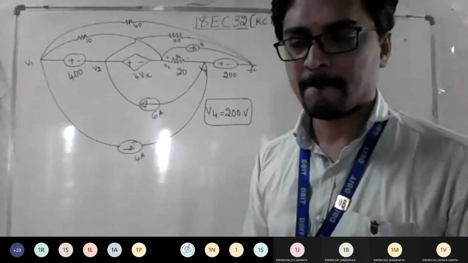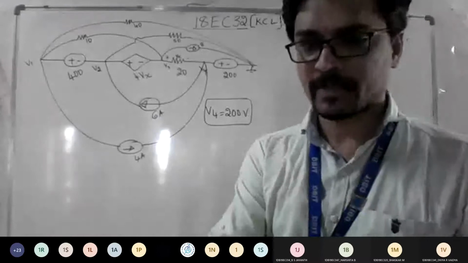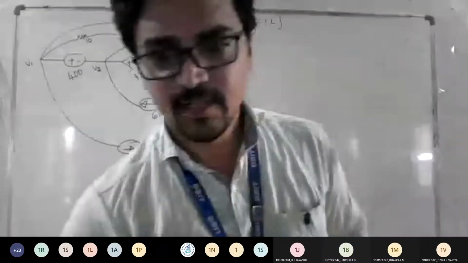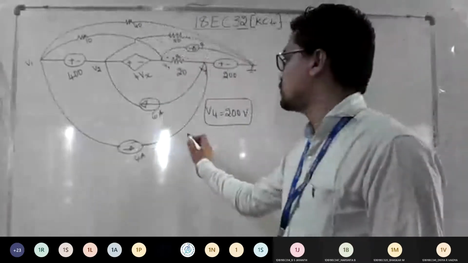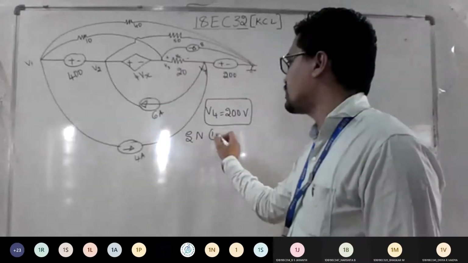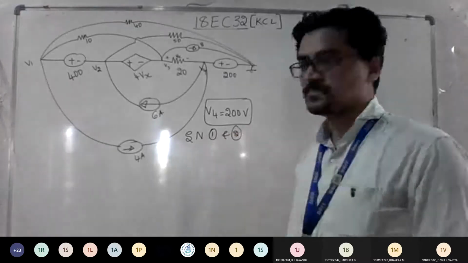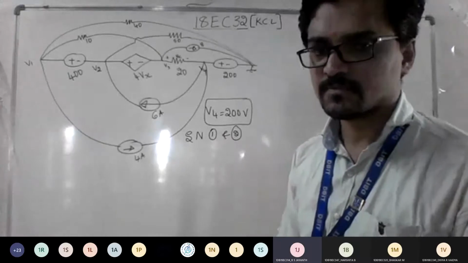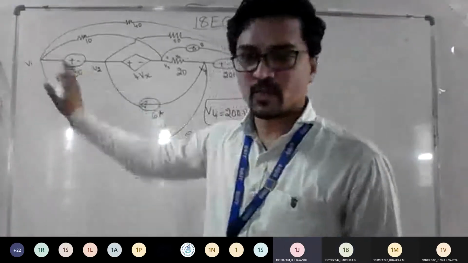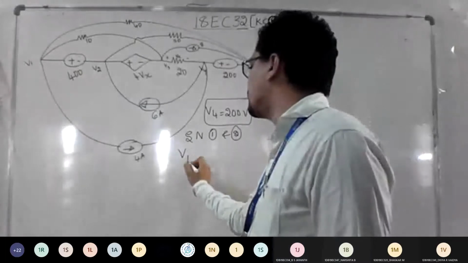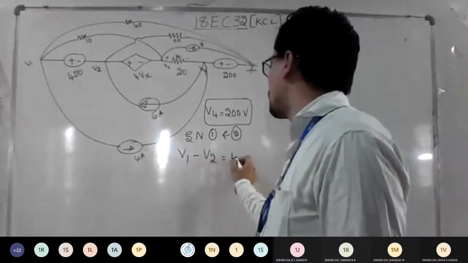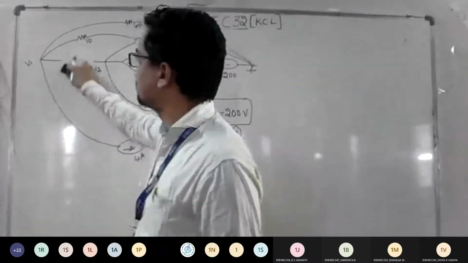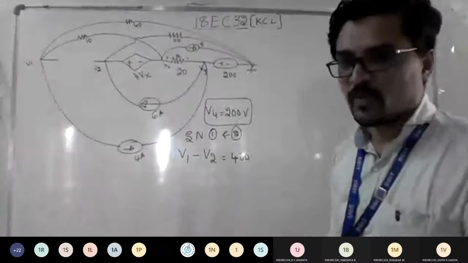Is it fine here? Yes, sir. Okay. So now stick to the procedure. We need to write the supernode equations, right? So supernode between 1 and 2. So what is the equation I should write now? V1 minus V2 or V2 minus V1? V1 minus V2, sir. So the positive terminal is towards V1, right? So I can write V1 minus V2 is equal to 400. Okay, now you can eliminate this. So this is supernode 1.